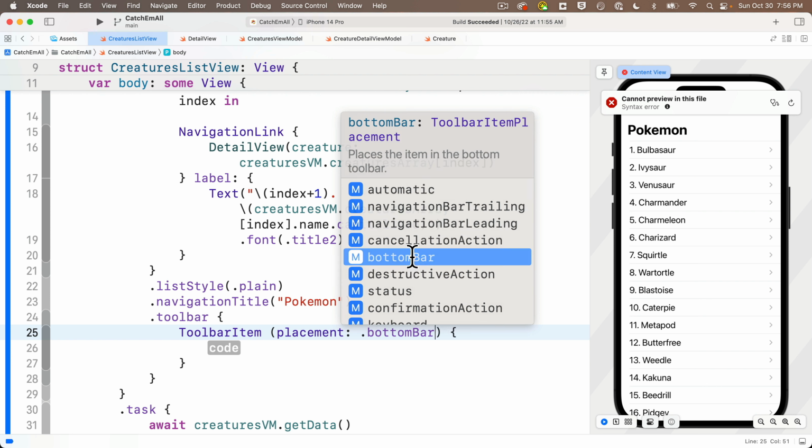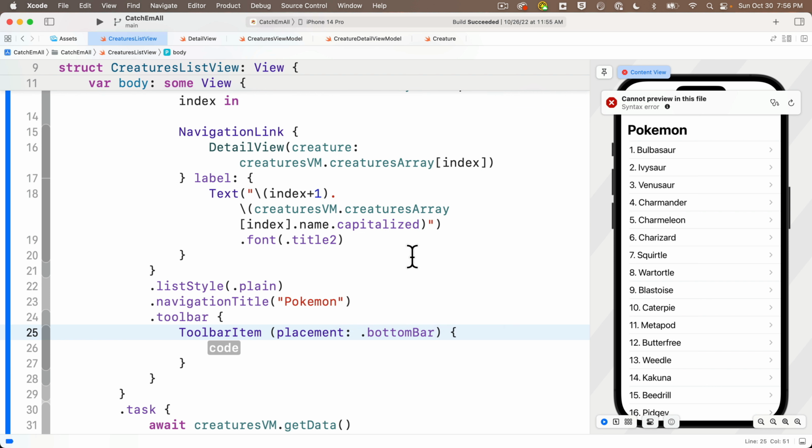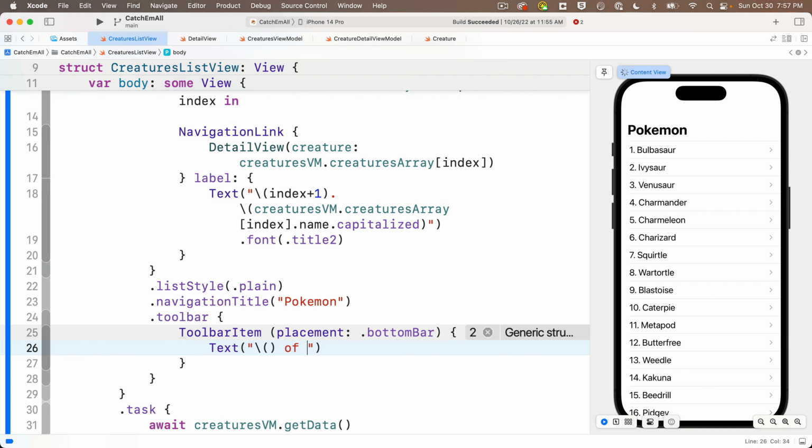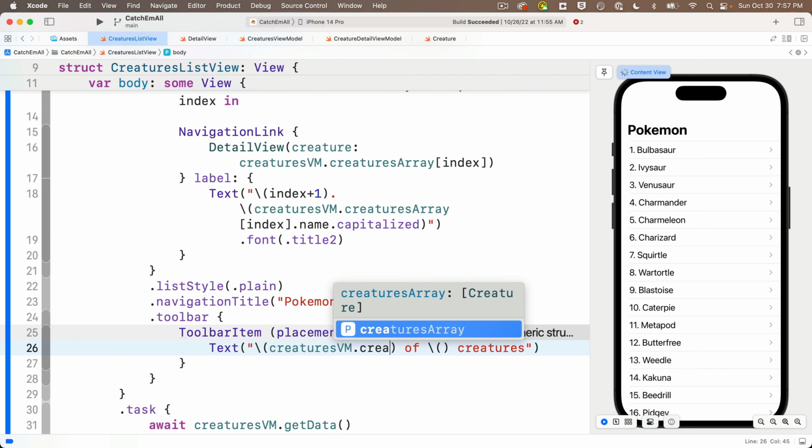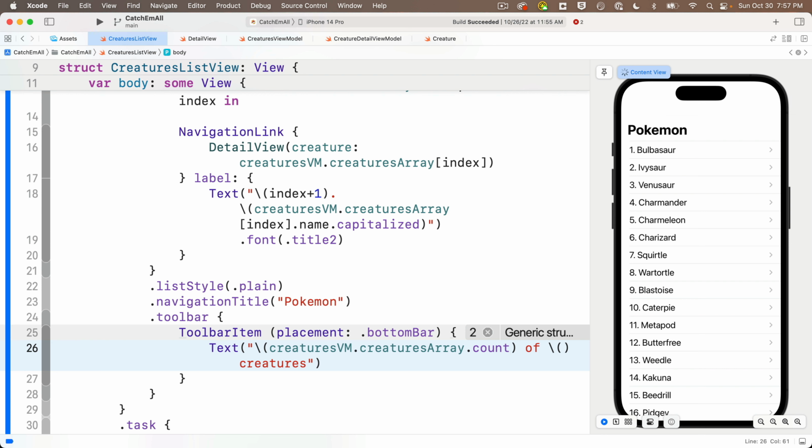Then in the parentheses for this toolbar item, I'm just going to enter a text view, so no button or anything like that, and inside the text view I'm going to pass in, with double quotes, string interpolation, string interpolation creatures. And in the first string interpolation, I'll say creaturesVM.creaturesArray.count, so that'll tell me how many creatures I've downloaded. And in the second string interpolation, I'll enter